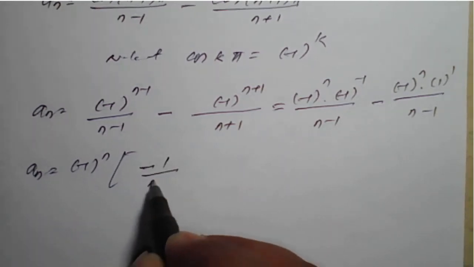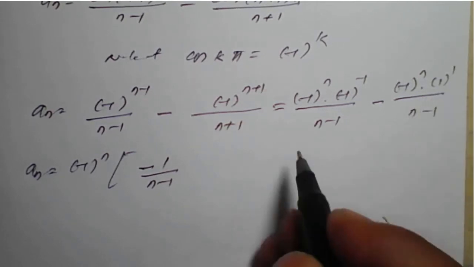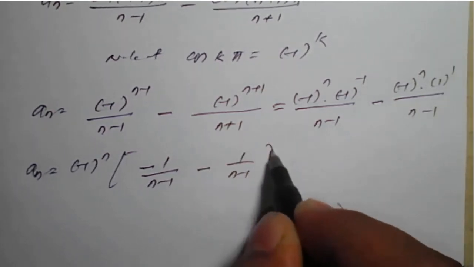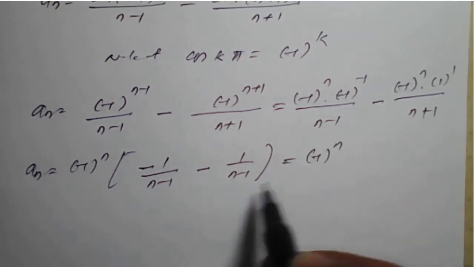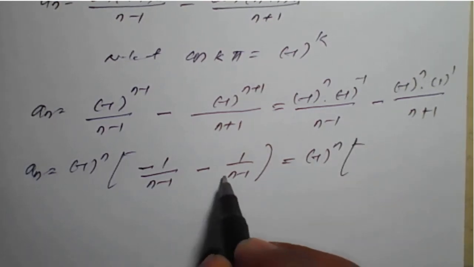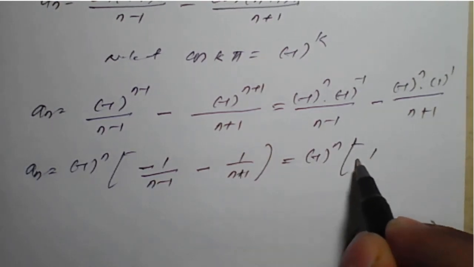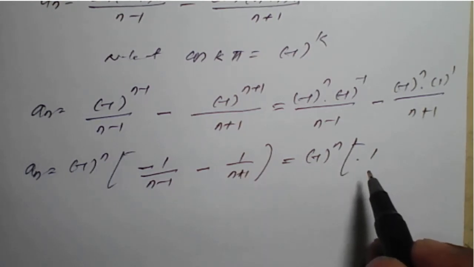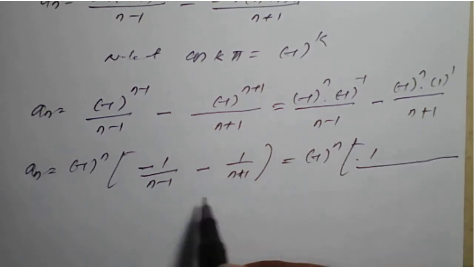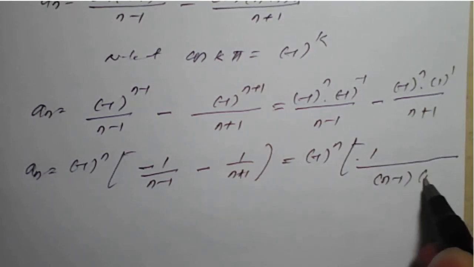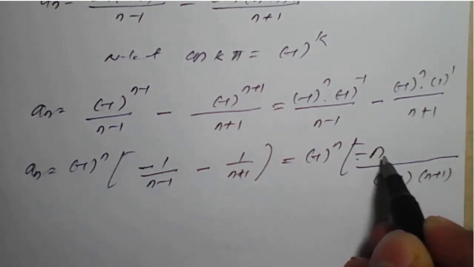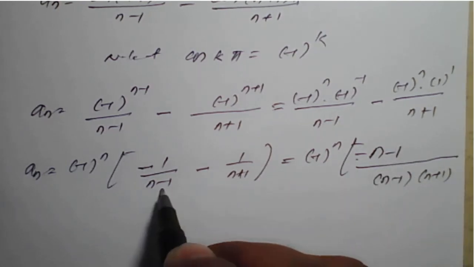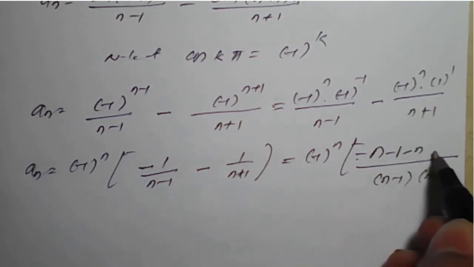So minus 1 divided by n minus 1, and here 1 raised to 1 is 1, so minus 1 upon n minus 1. Sorry, this is n plus 1. Which is nothing but minus 1 raised to n. So it will become out here 1. If you take minus sign common also, or else I will take an LCM. So LCM is n minus 1, n plus 1. If you cross multiply, this will become minus n minus 1. If you cross multiply with this minus sign, so minus 1